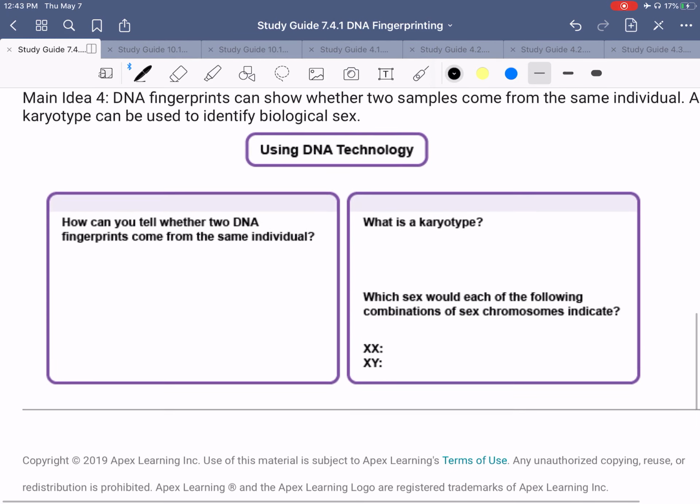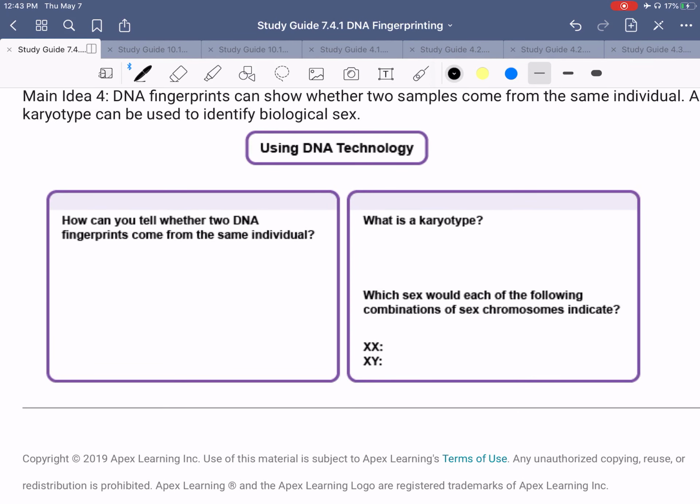All right, so we're on page number 10. Looking at a DNA fingerprint. A DNA fingerprint is an image of a gel electrophoresis result. After gel electrophoresis, imaging techniques are used to preserve a picture of all the DNA fragments. The images allow fragments from different samples to be compared. So here we have a picture of the gel electrophoresis, and each sample is read from left to right. You can see the lines, and those lines represent different pieces of DNA and where they ended up when they